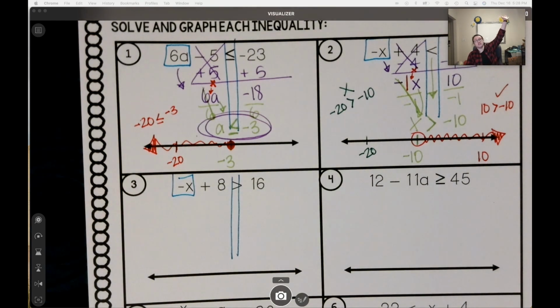Boom! The first thing you should do is box your negative x and then put your train tracks. And then you should